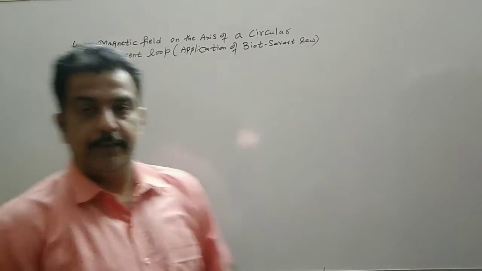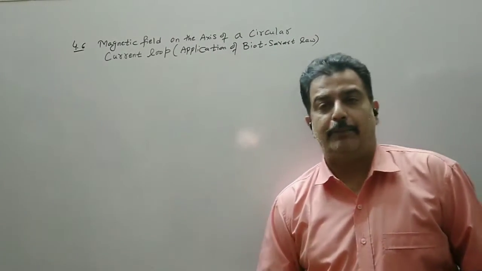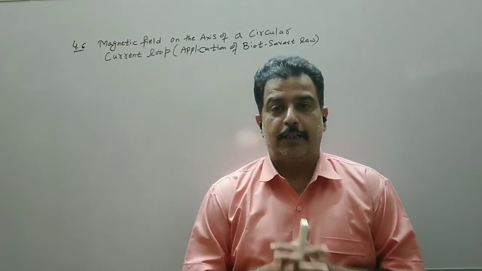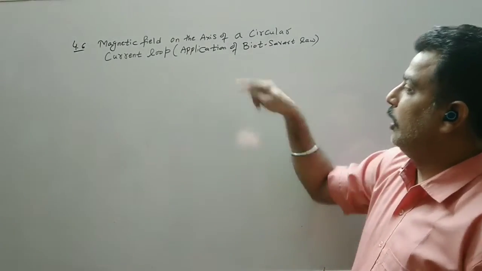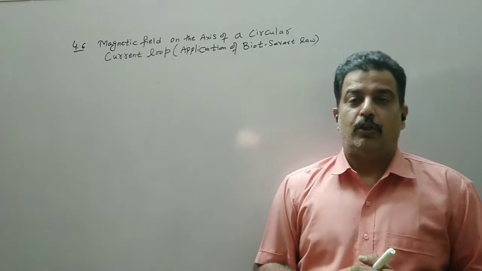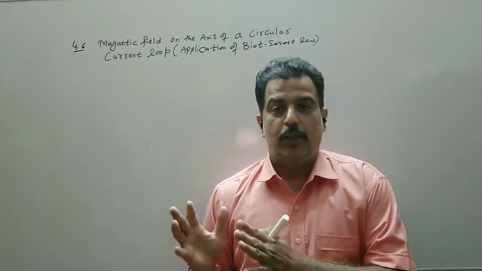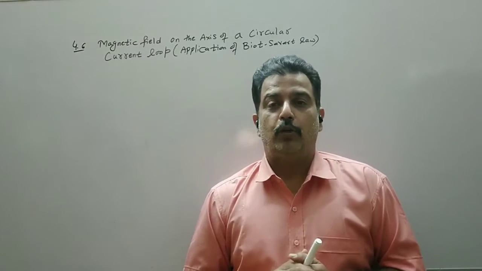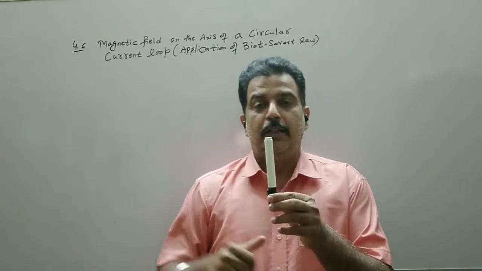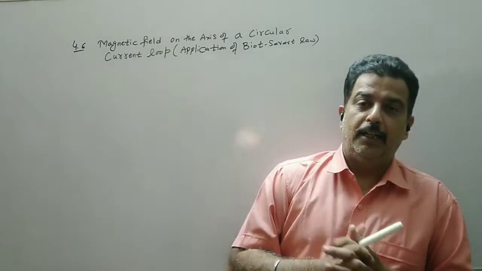Now our next topic is the magnetic field on the axis of a circular current flow. Again, it is an application of Biot-Savart law. Now in this topic, the current is flowing in a circular ring, or you can say the current is circular. While doing the Biot-Savart law in the earlier topic, the current flowing was straight. So till this lecture, we have considered the current flowing in a straight wire. And when the current is flowing in a straight wire, the magnetic field was circular, perpendicular to the plane containing IDL and R vector.